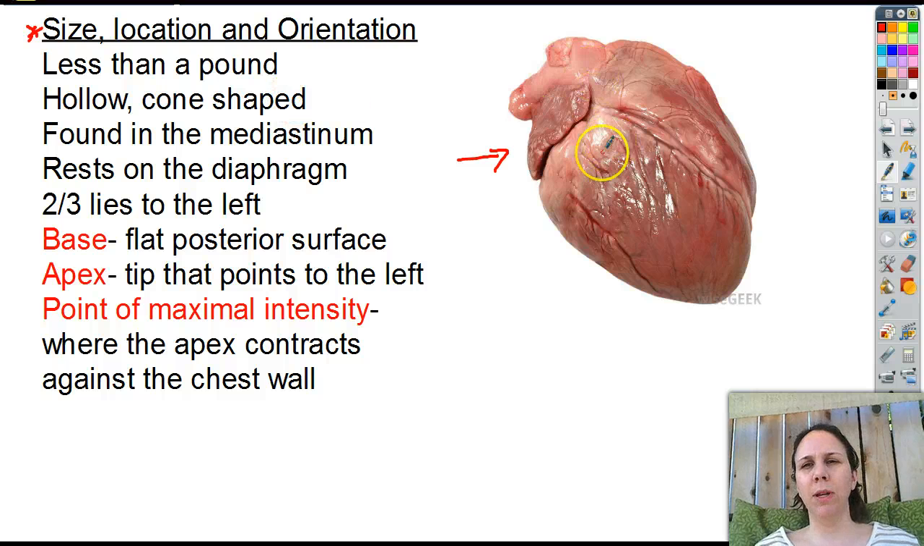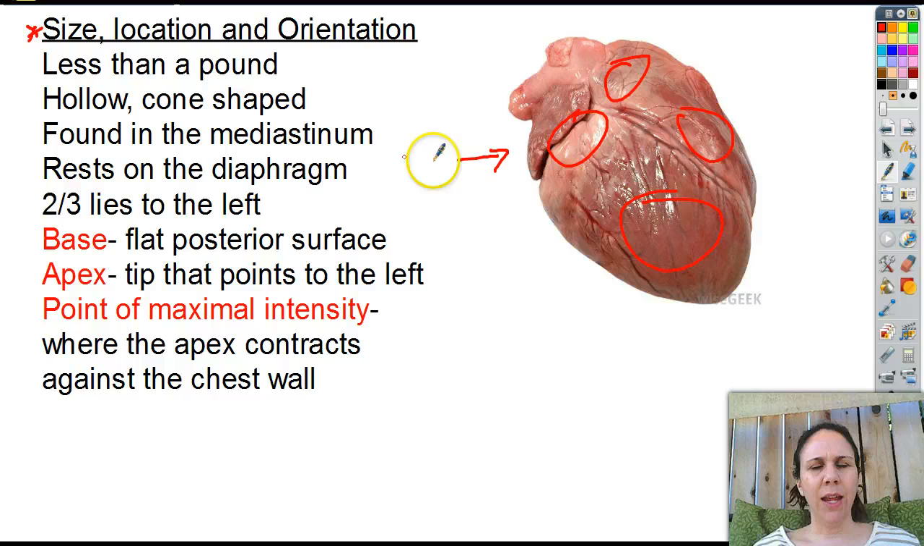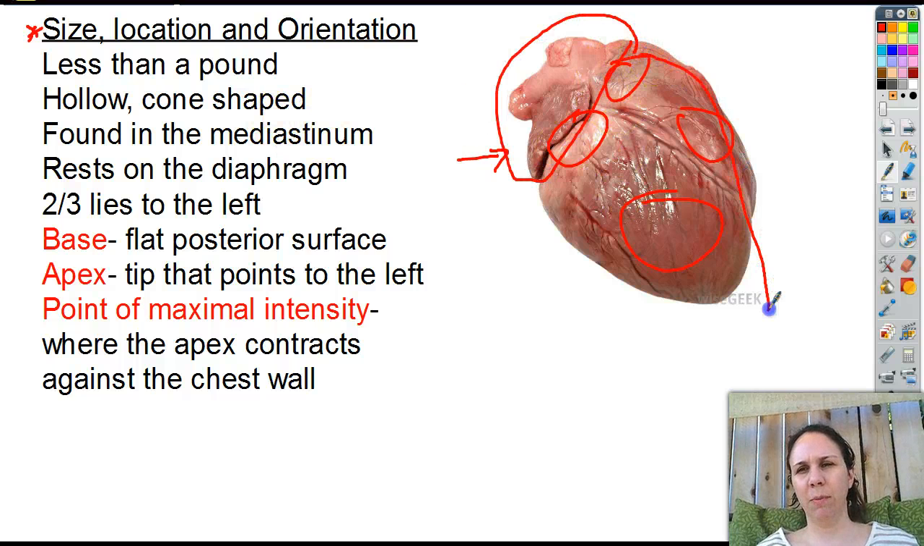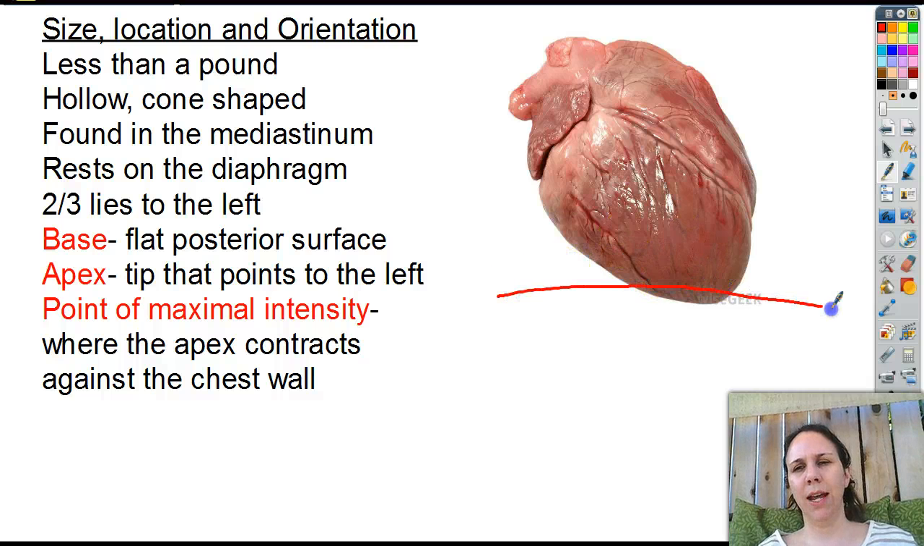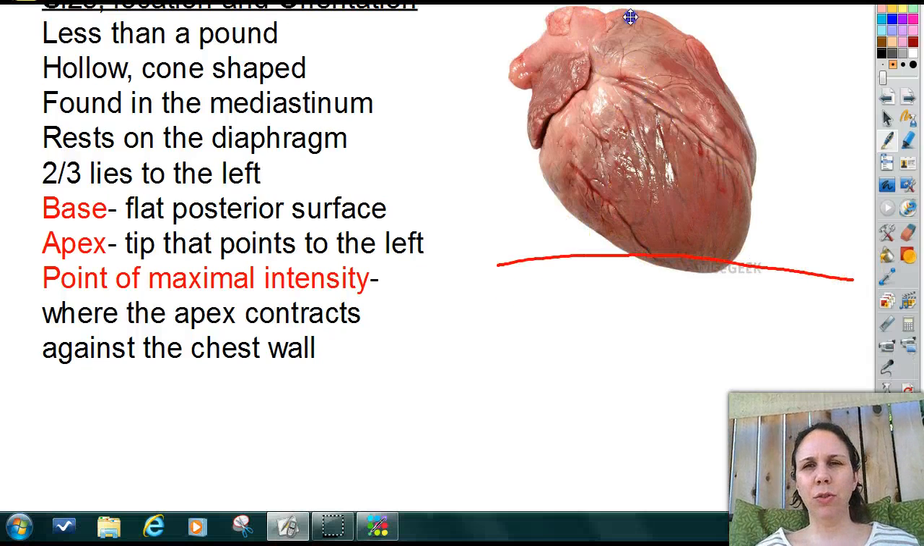It is hollow, meaning there's 4 hollow spaces up inside here, and relatively cone-shaped, kind of like an acorn, if you think about it. Well, now it kind of looks like a ladybug. It is found in the mediastinum, which is that cavity in between your lungs. It rests directly on top of the diaphragm, like that, and about 2/3 of it